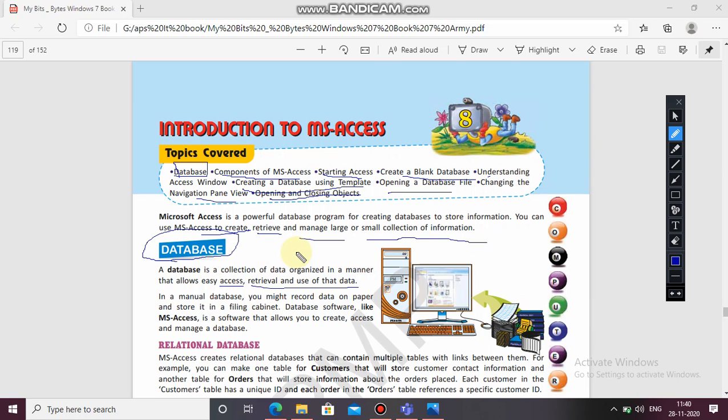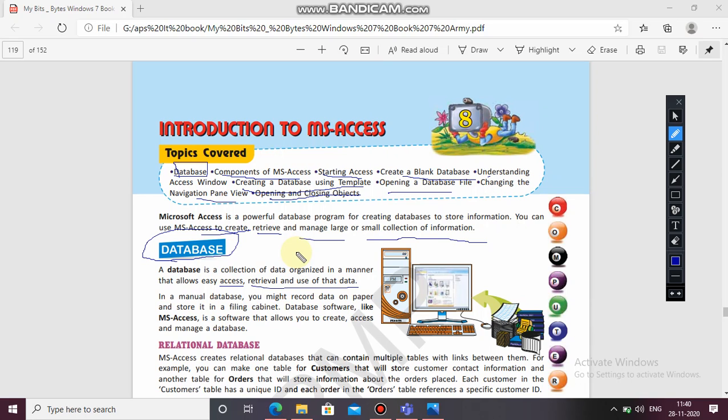These are data. They are not organized. They are just facts and figures which we collect from different sources. Information. Information is well organized facts and figures which are meaningful. So a database is a collection of data organized in a manner that allows us easy access, retrieval and